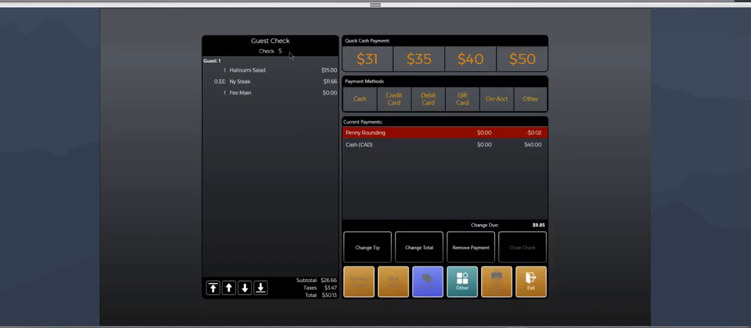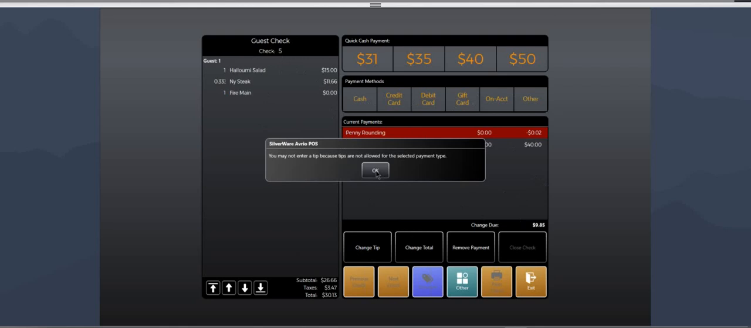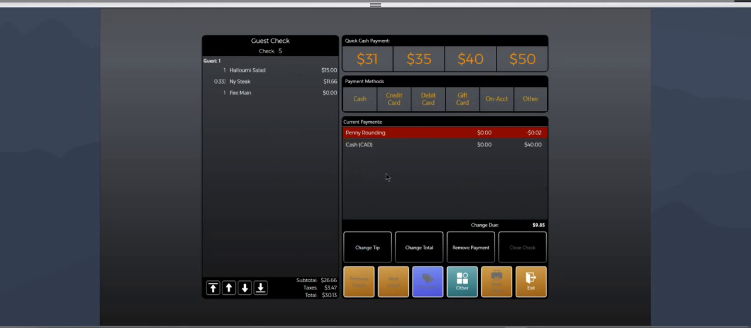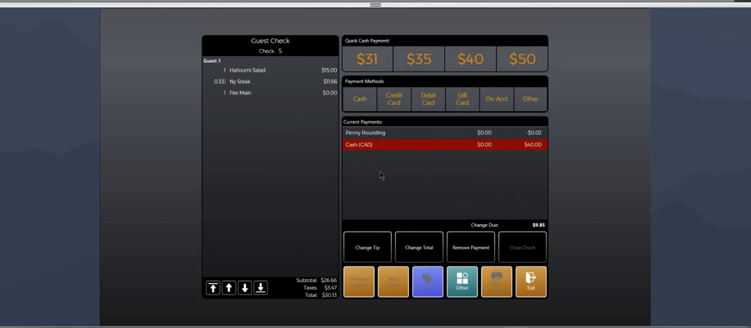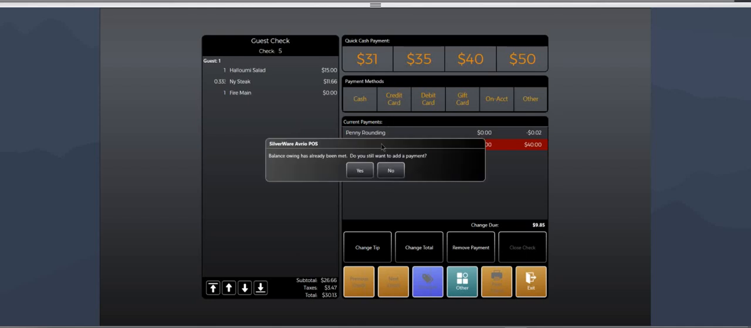Okay, so let's say I'm changing the tender on check 5 here. So they paid with cash. I can adjust this here. I can adjust the payment method, and I can adjust the tip if I need to. So I can change the tip. Because it's cash and nobody's tracking tips through cash, but if it was credit card,